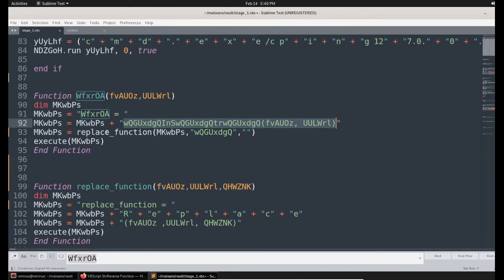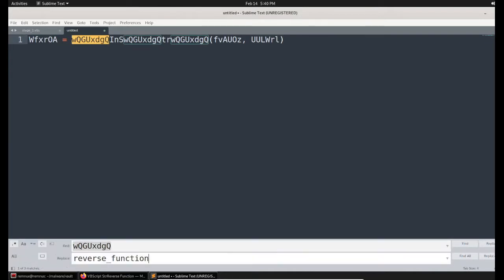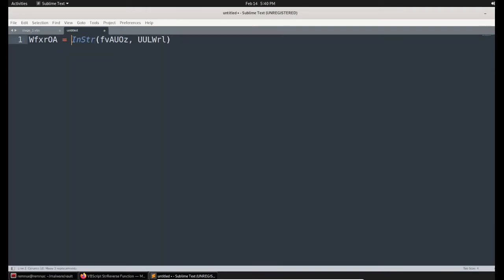In the next place they are doing some replacement operation, calling the whole string stored in this variable, and trying to find this specific string and replace it with an empty string. So let me find that, and Ctrl+H once again to define the replacement, an empty string. Ctrl+Alt+Enter to replace, and here I can see the function is InStr.